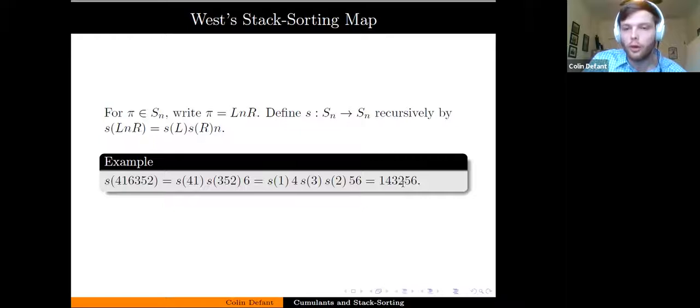So this ends up being 1, 4, 3, 2, 5, 6. So we started with some permutation, and we get some new permutation. I could talk for days about this function because it has tons of interesting properties. I'm not going to talk for days about it here, but I will just say the reason it's called